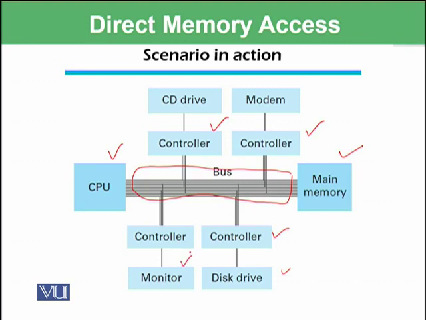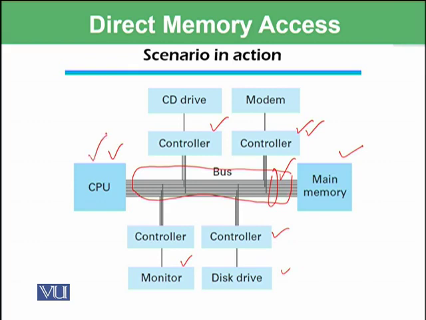For example, the CPU asks a controller like this one to perform certain tasks of input and output using this bus. The controller can use this bus for such a time slot when the bus is not being used